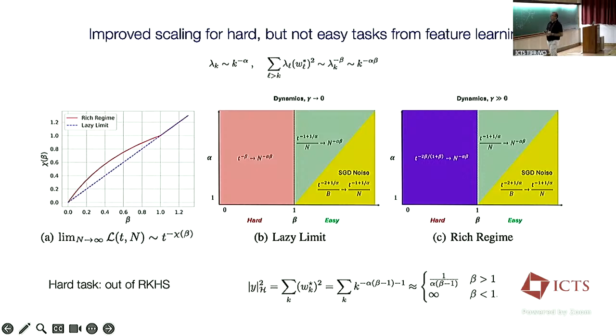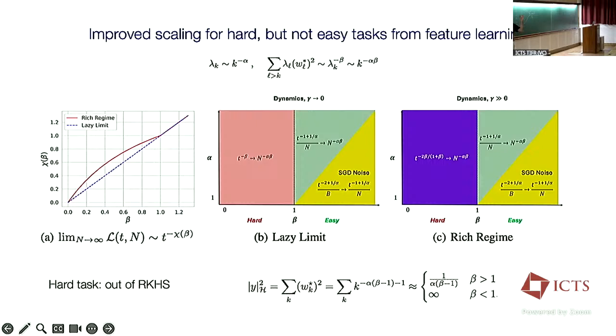The main phenomenology that I want to describe is the difference between the scaling exponent in the lazy regime and the scaling exponent in the feature learning regime. It turns out for this model, there's a difference for certain kinds of functions, and no difference for other kinds, meaning whether you put a network in the lazy regime or the feature learning regime, you get the same scaling exponent. For other functions, you get a different scaling exponent, a benefit from feature learning. I'll call the functions that benefit from feature learning hard functions, and the other ones easy functions.